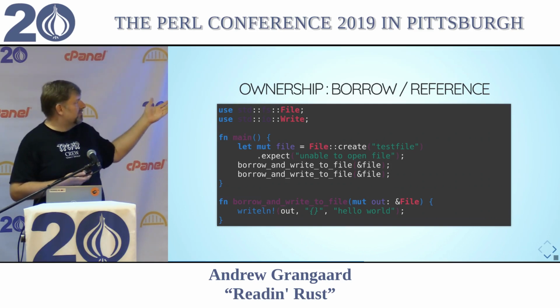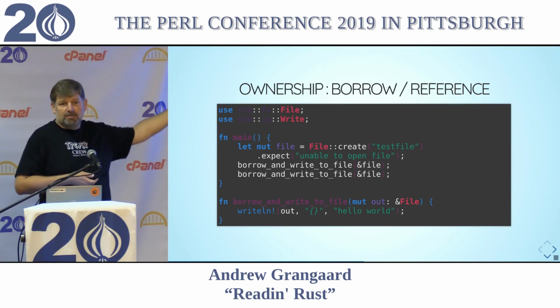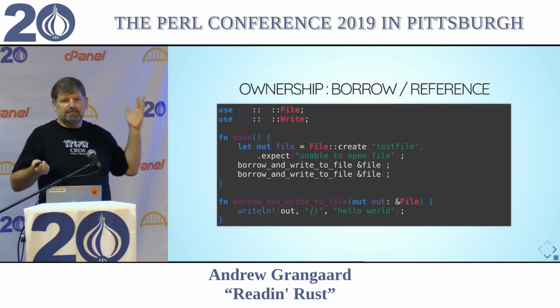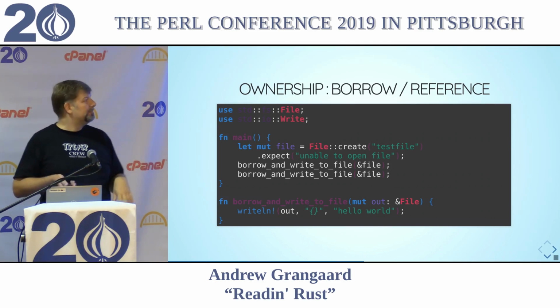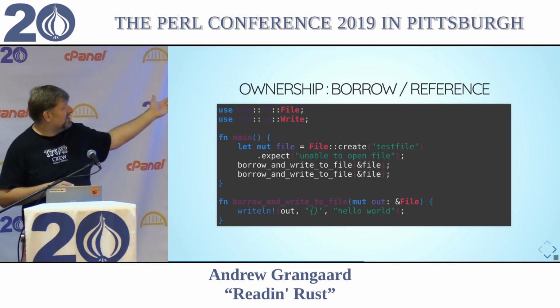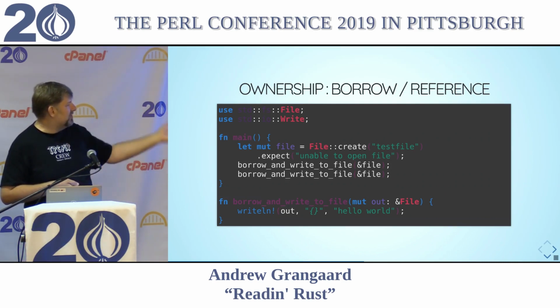So if, you can't do this, but if while that was running, I was back in this code and I tried to use file, I couldn't do that. It would say, hey, whoa, you're trying to use file that you don't own. That's bad. But as soon as the function is done, I can do it again. So I can call this, and it's going to write twice to that line.